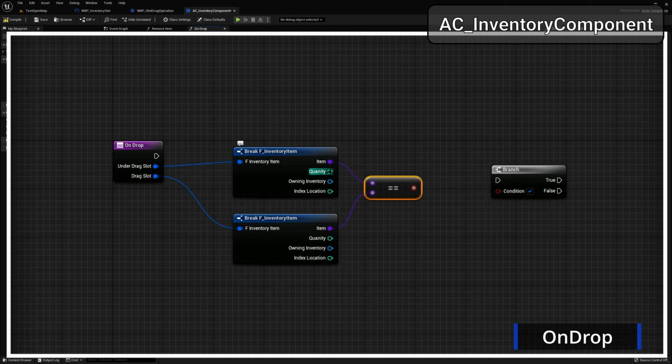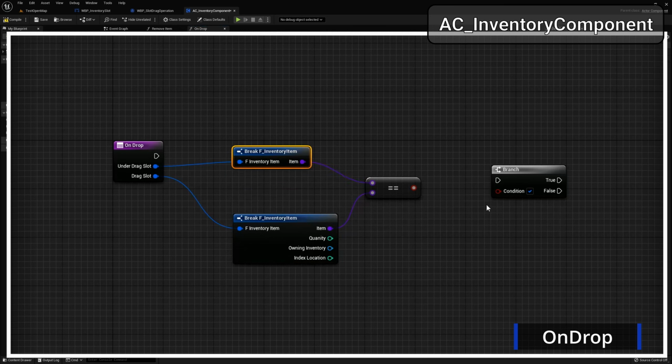What this is going to indicate to us, if it is, then what we're going to need to do is combine the slots together. And if they're not, then we're just doing a plain swap, one slot for the other. We're going to put one item into where we're dropping it, and the item that was in that original slot, drop it back into the other slot. So it'll make a little bit of sense here in a second, but I'm going to select these, hide unconnected pins,